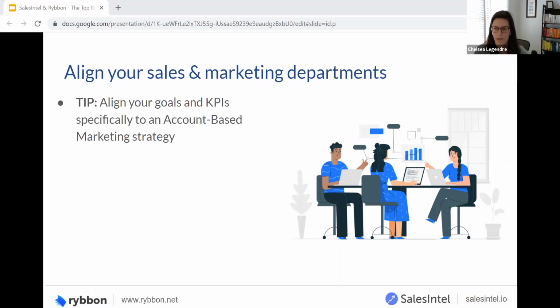So our first tip within this one is to align your goals and KPIs specifically to an enterprise ABM strategy. You want to focus on engagement statistics among your target audience rather than metrics such as total leads or conversions. These are truly massive fish that we're talking about here, so don't lose sight of the value of closing just one single deal. You want to try to ensure that many individuals at a target company are being exposed to the same valuable content and conversations.